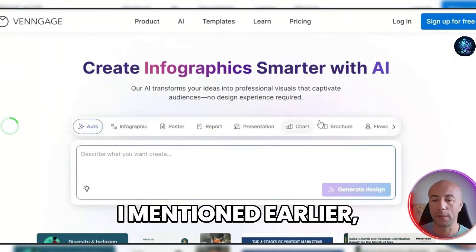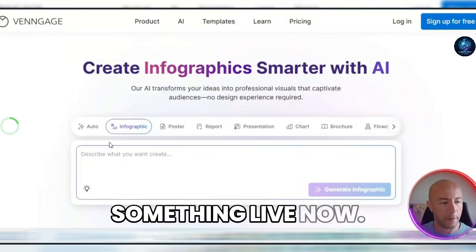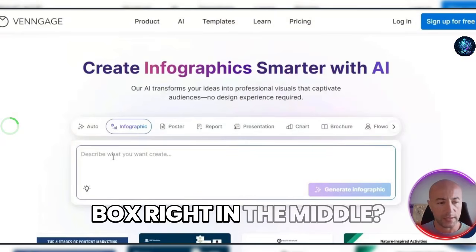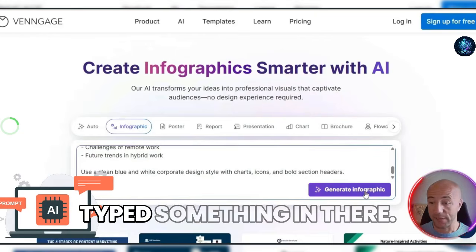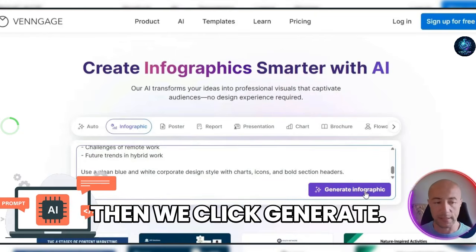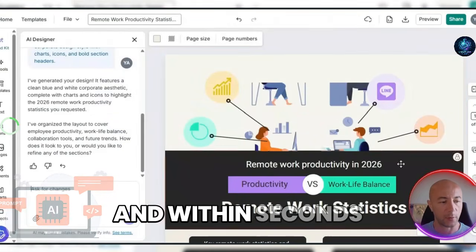Like I mentioned earlier, this tool is made for people who aren't designers. Let's generate something live now. Now you see the prompt box right in the middle. This is where everything starts. So you can see, I've just typed something in there. Then we click generate. You can type or paste anything inside, any real data points, and within seconds you can